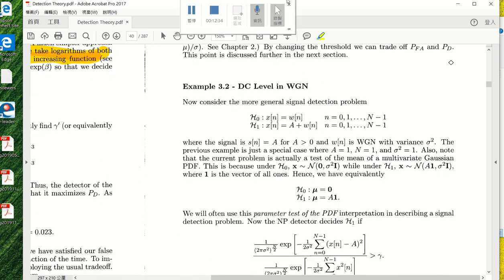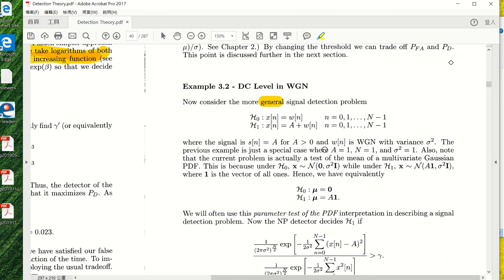Now let's come to the DC level in white Gaussian noise. Now we consider a more general signal detection problem. We have H0: the sample is equal to Wn, and the alternative hypothesis is H1: the sample is equal to A plus Wn. Then that A is a general value instead of just 1 as before. 先前记得吗？我们讨论的时候，我们说，诶，这里 signal 就是1，现在没有，现在的讨论是说，诶，这个 signal A 是一个 general value 哦，它不是说是一个特定的 value 哦，所以我们就把这个问题更一般化了，叫做 a more general version of the